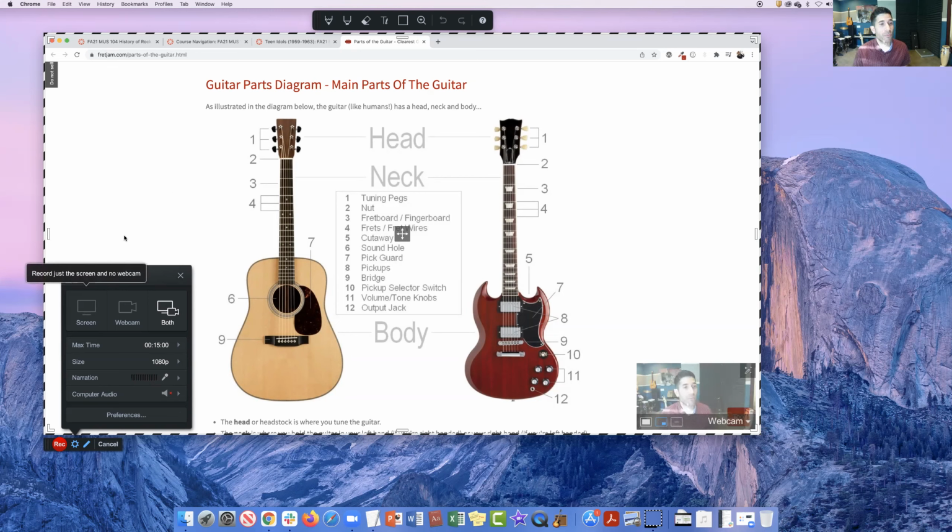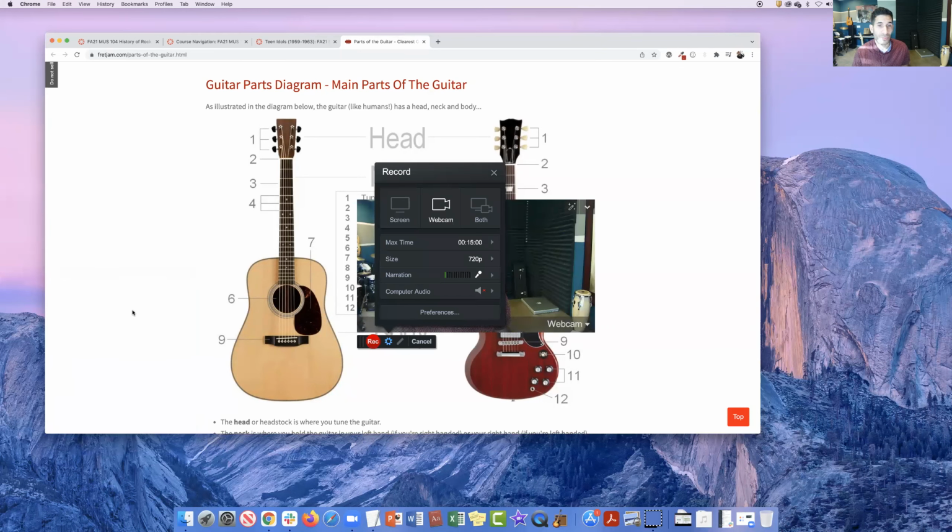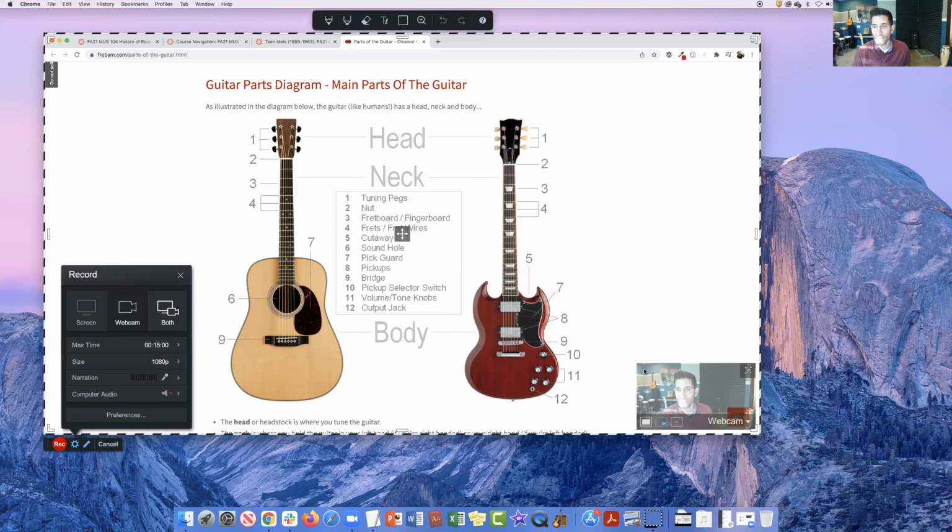Once you have the Screencast-O-Matic environment ready to go, you'll see this box. And at the top, you have a choice of recording just the screen. So as you can see, my webcam is not showing. The webcam by itself, in a way, defeats the purpose of using Screencast-O-Matic, but that is an option. Or you can use both. He's so cute, Will. And then you have the webcam, the small frame of yourself, right? So I'm going to go ahead and go with that option, but just know that you can choose just recording